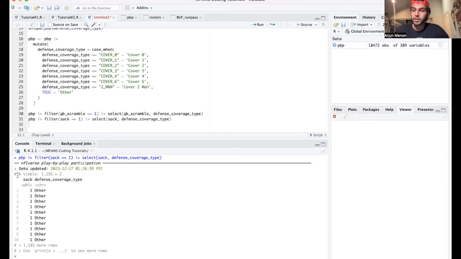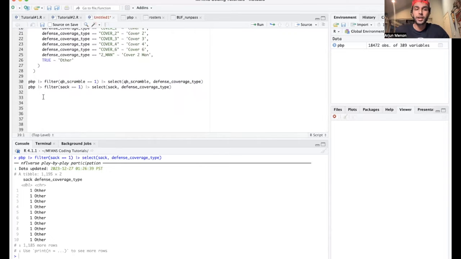Scrambles are mostly a positive play because on a quarterback scramble, you are gaining yards, unless it's a 1 yard run, which then wouldn't be valuable. But there is some selection bias from both sides, in that we're removing some valuable scrambles, but most quarterbacks take more sacks than they actually scramble. So we're removing a lot of the negative plays, which means a lot of the data we look at in terms of EPA per play, success rate, and net yards per play is going to be skewed because we're not looking at any sack play. So that's something to keep in mind. That's what you do when you do some data exploration. You always want to make sure you're looking at what is and what isn't being looked at in the bigger